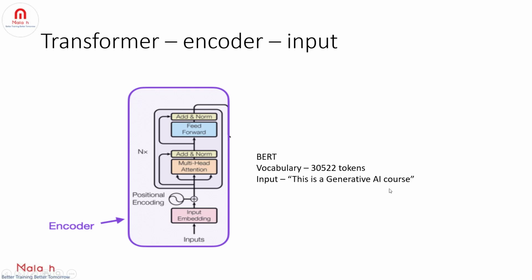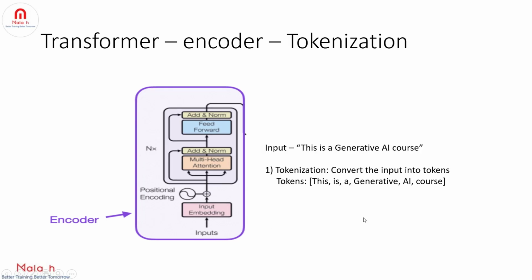So assume this is the input sequence that we are providing to our BERT model, and this is just one sentence, but in real time we may have several sentences as well, right? I just took only one sentence as an example so we can understand the architecture behind the transformer. Okay, so once we provide this input to the model, the next step is tokenization, right?